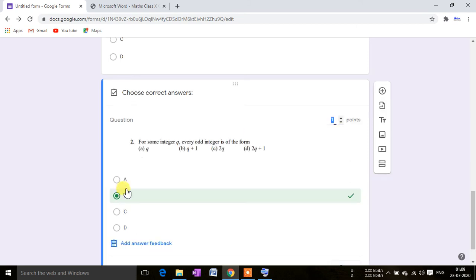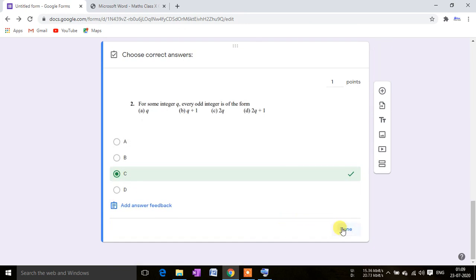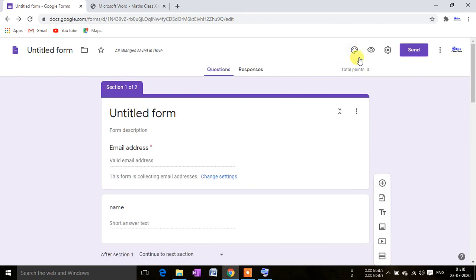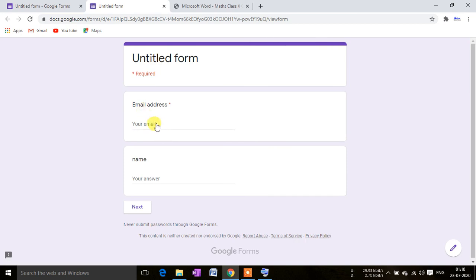Again I am going to change the option to C. So the C option is selected and here we will keep it done. So now we are going to check how to give the exam. Let's go to preview. I haven't made anything compulsory, but by default, when I selected this as a quiz, it will ask for email. Let's just put abcsift@gmail.com. A wrong email can also be put here. The name is just UDIT. Okay, we are just going to next.